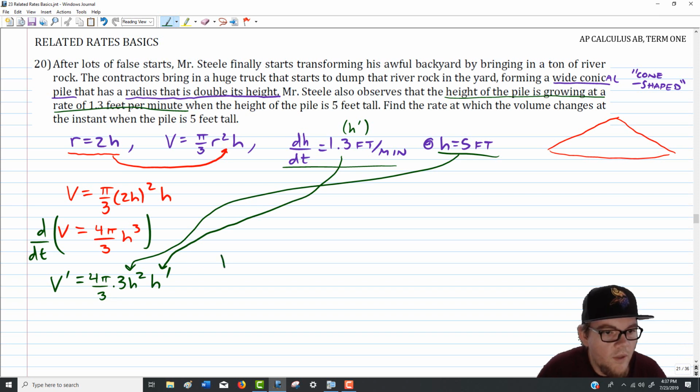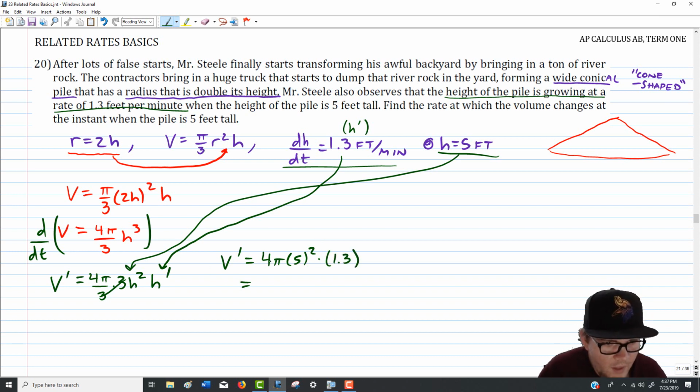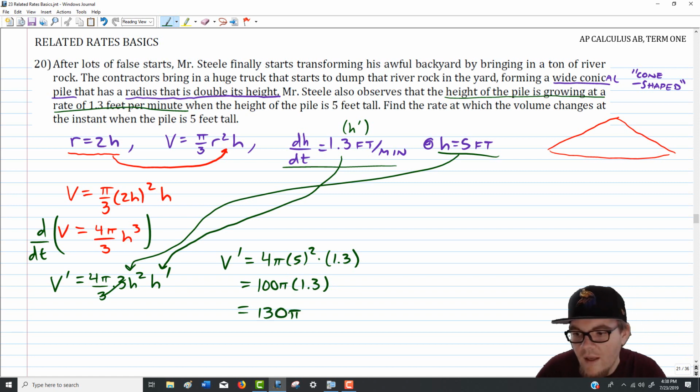When we do, we get v prime, or dv dt, is equal to 4 pi times 5 squared times h prime, which is 1.3. Simplifying a little bit, 4 pi times 25 is 100 pi times 1.3, which is equal to 130 pi. Just checking to make sure I did that correctly. I did. 130 pi is going to be our dv dt,